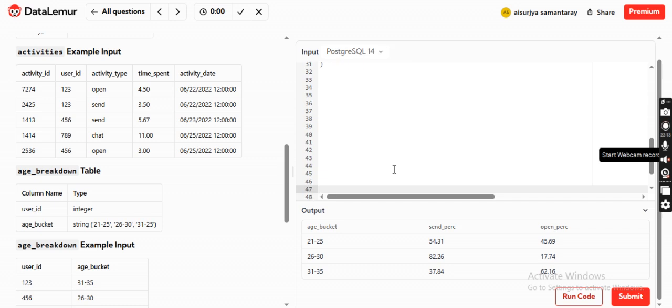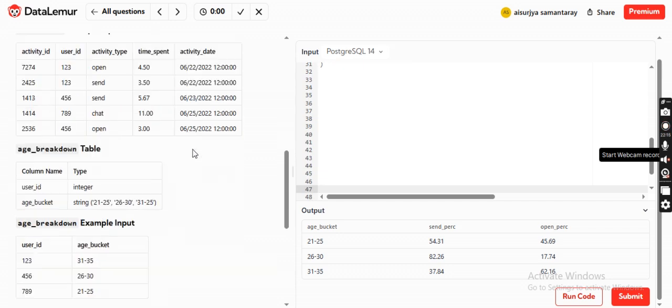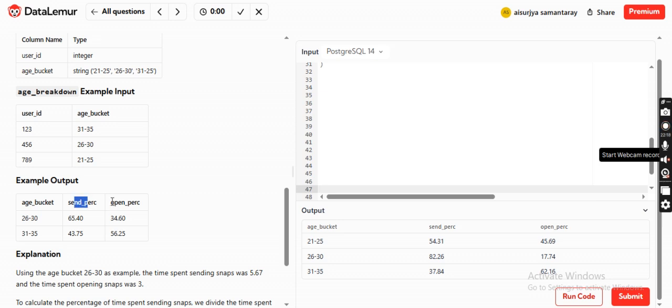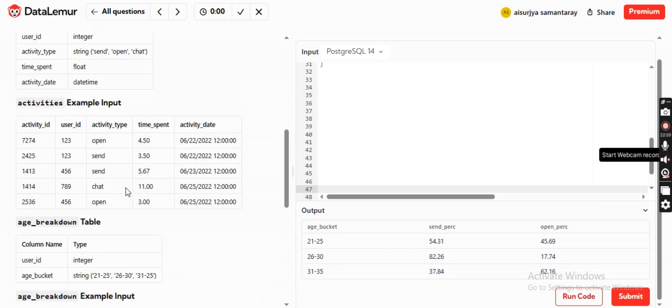In one of the methods, what you can do is see, basically these two columns, send percent and open percent, are actually coming from your first table. So what if you just do the calculation there itself? So how to do that calculation? I may use the subquery over here also. So select everything from